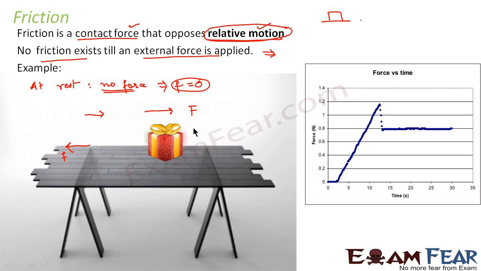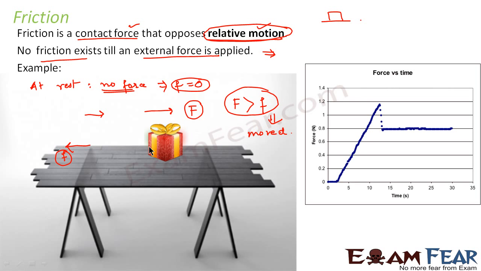So in this example, we saw that the box was initially at rest. It started moving only when the applied force became greater than the frictional force. That is, at first we applied force, but still the box didn't move. After that, the box started moving only when the applied force became greater than the frictional force. The box moved. Again, if we remove the applied force, that is, we don't apply any external force here, the box will again stop, because in that case, the friction will dominate again and it will oppose the motion of the box and it will come to rest.